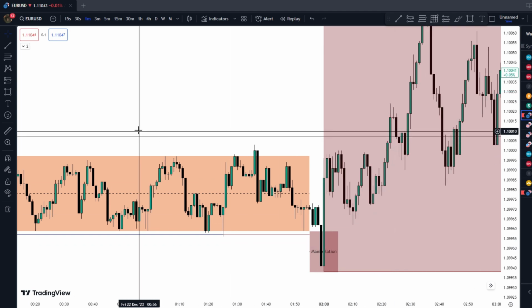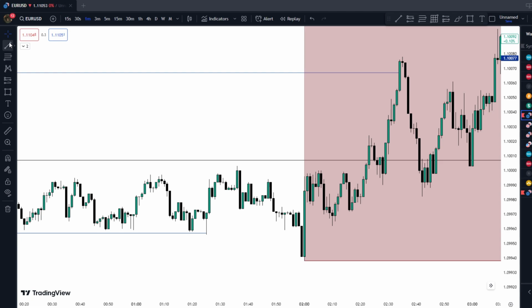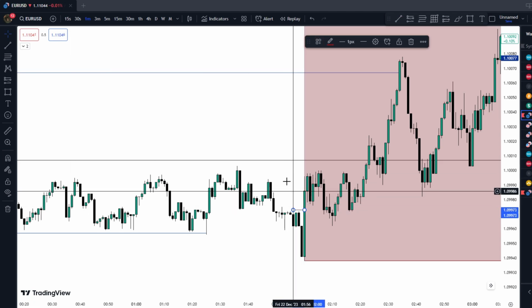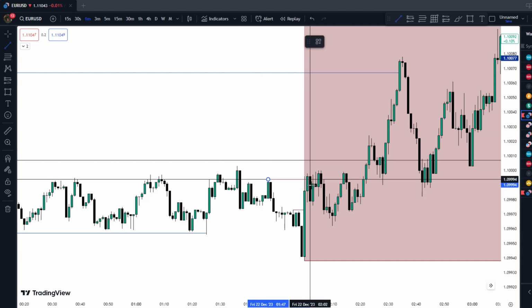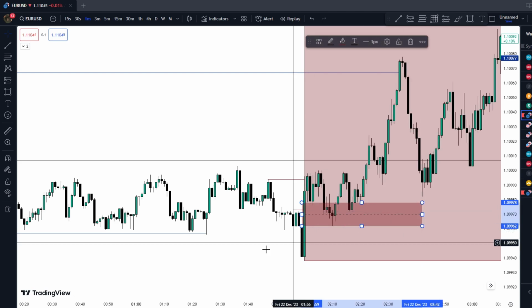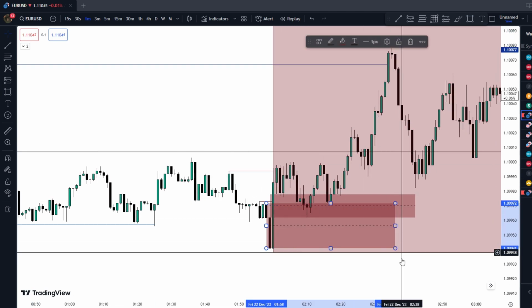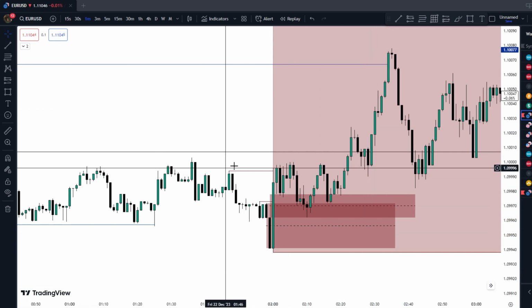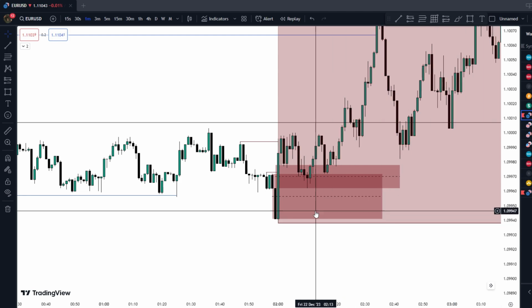Then during London open, what do we do? We do a market structure shift here on this high. You can even count this high, it doesn't matter, it's up to you. Where is the fair value gap here? What do we have with the fair value gap? We have this SIBI as well, the order block, and yeah, there's nothing more we need, right?